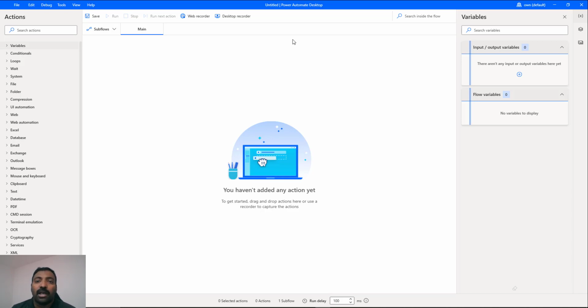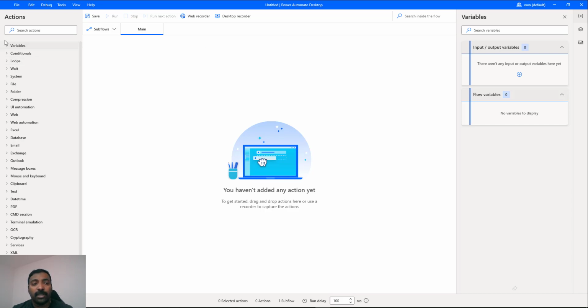So here I will be using the Power Automate desktop tool for creating our flow, and once done, if you want to publish it, you can publish it by connecting to your flow account. Now, if you remember, the first step that we did in our routine task was to open a new browser instance.